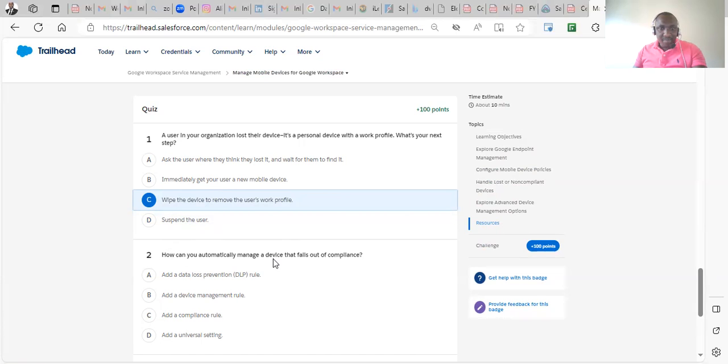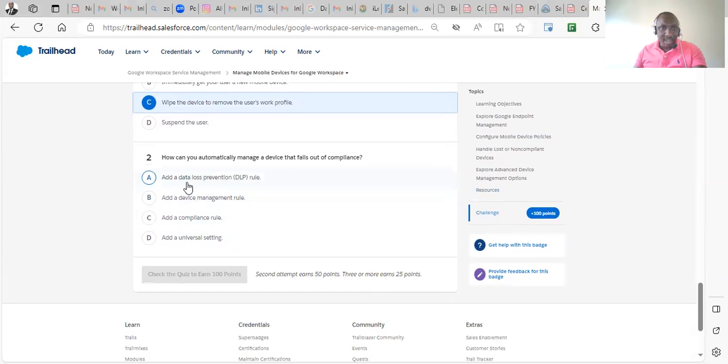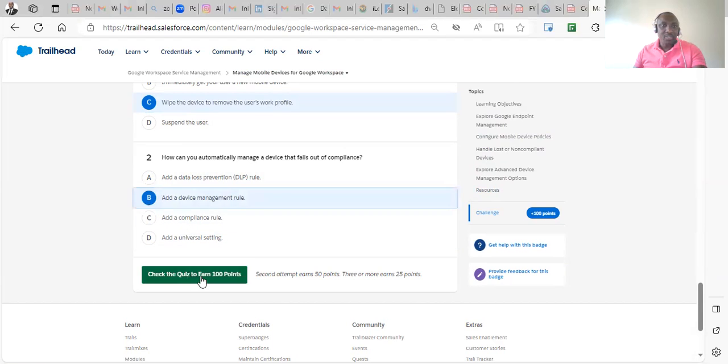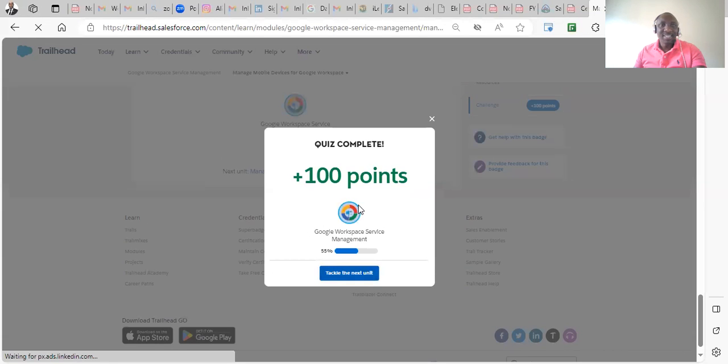How can you automatically manage a device that falls out of compliance? Add a data loss prevention, DLP rule, add a device management rule, add a compliance rule, or add a universal rule. So the right answer here is B, add a device management rule. I also check my challenge and get it right. Moving on,